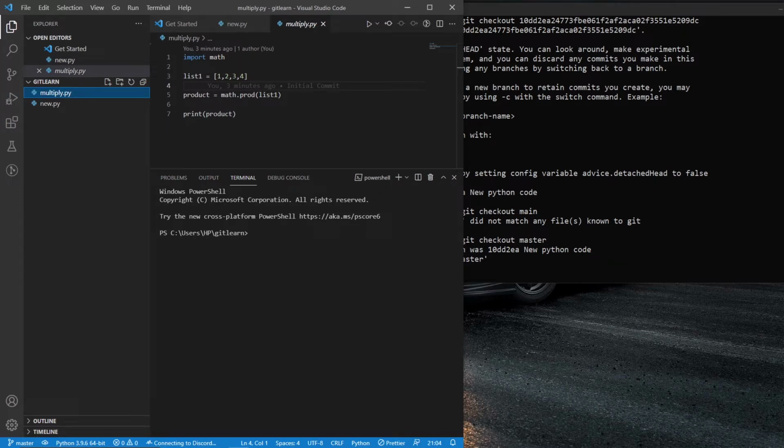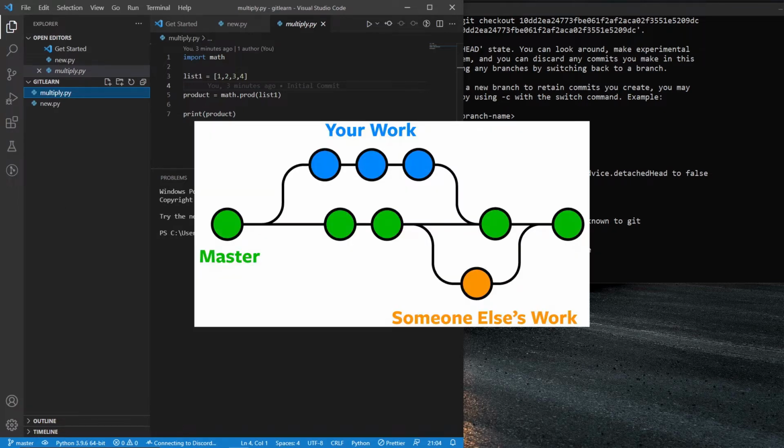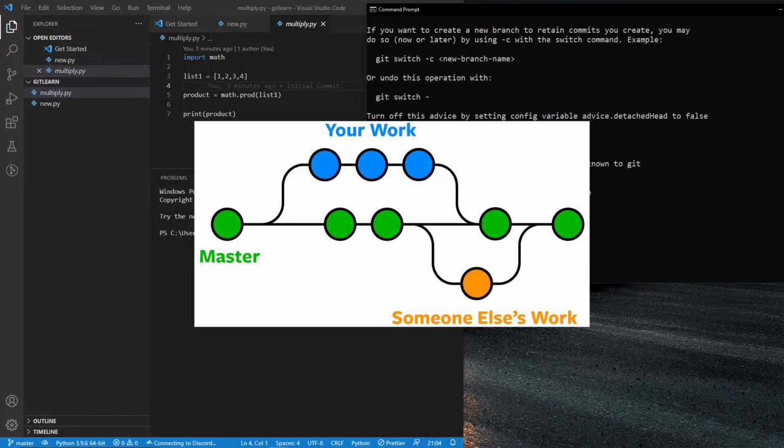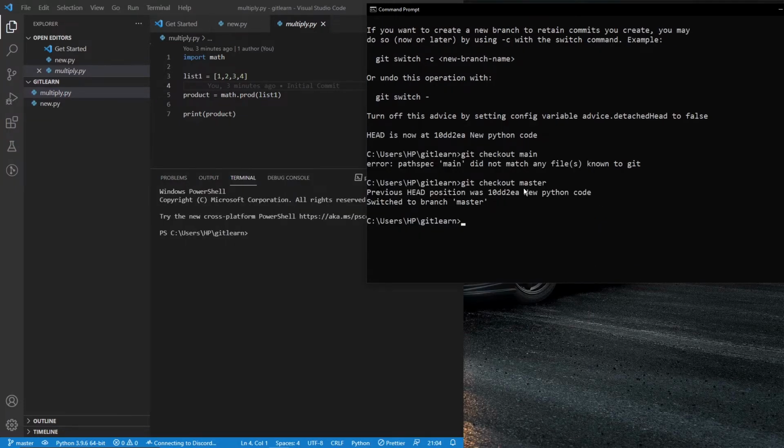Now we're going to be taking a look at what branches are, followed by using the git checkout command to move through branches and do more. So until now we have been making all the commits in just one branch. The main branch, generally, or the master branch, represents the stable version of your code that is released or published to the open world.